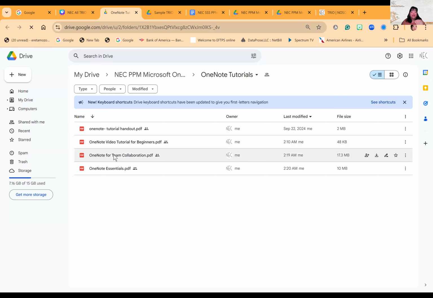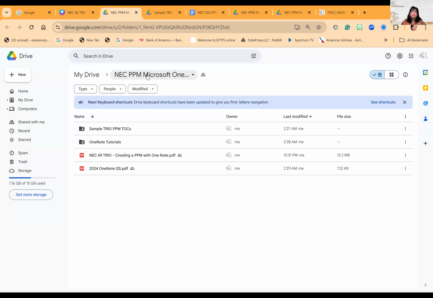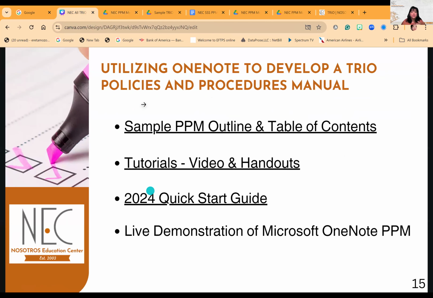We also have, from the Microsoft website, a 28-page digital booklet on how to collaborate on OneNote, and also OneNote Essentials. So again, if you're like me and you need to brush up, or you're a visual learner like I am, or you want to read it, we tried to come up with some resources you can look at as you hopefully consider utilizing Microsoft OneNote for your policies and procedures manual.